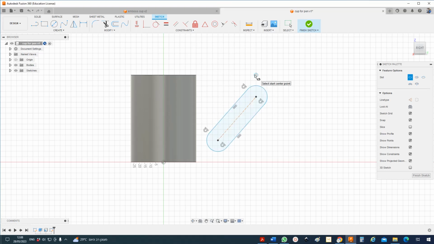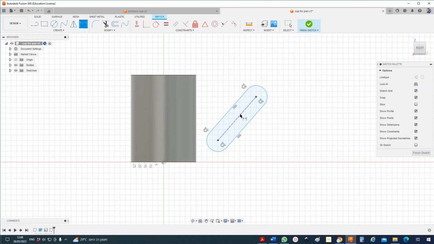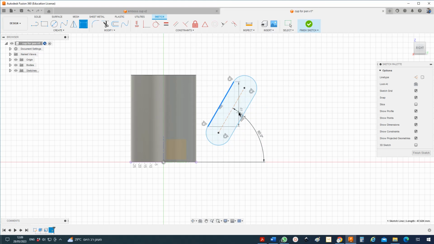Now we're going to give it a dimension. The first dimension, I want to give it the angle of this from the X plane. So I show the X plane, and the angle is from here to here. I want it to be 60 millimeter. I want from here to here to be, let's say, 15,